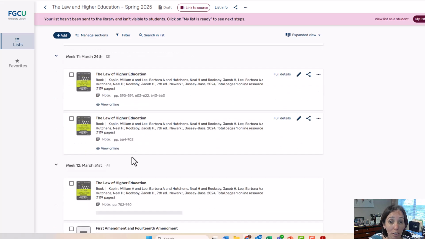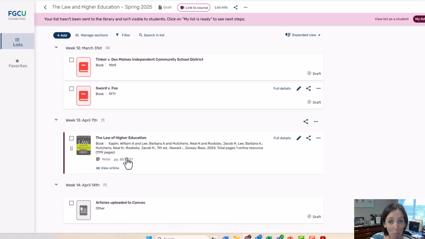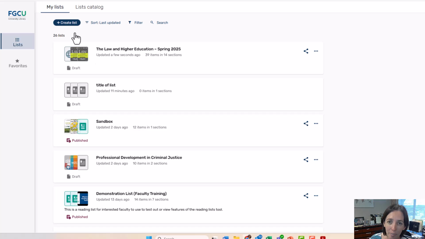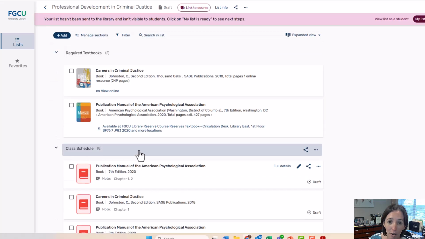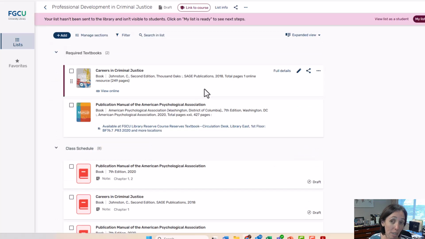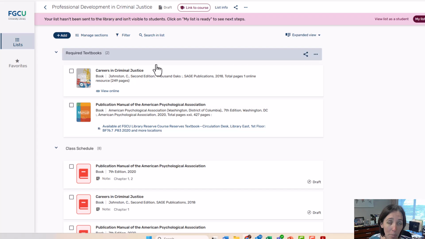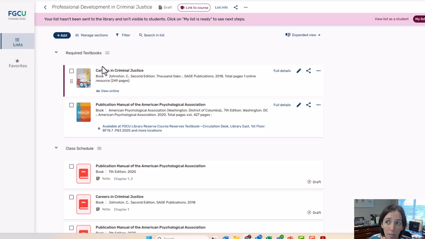And go try to find, if there's an open web resource that I wanted students to look at for this case, find the URL, paste it in here. If I was using a database, if there's a database that I wanted the students to use to access this case, I might be able to grab a link from that database, or I might be able to